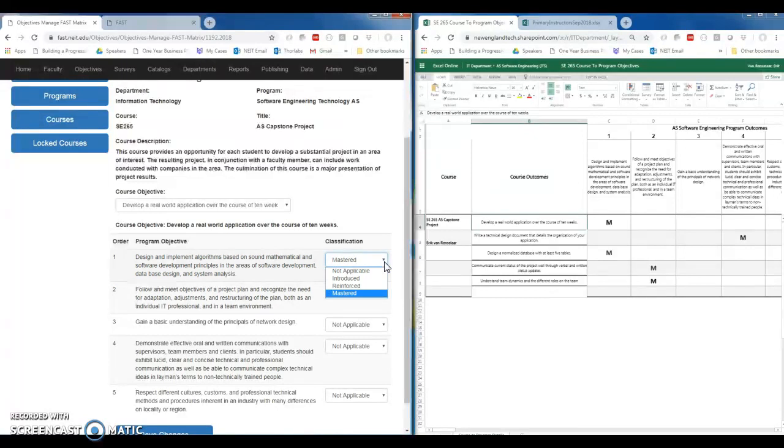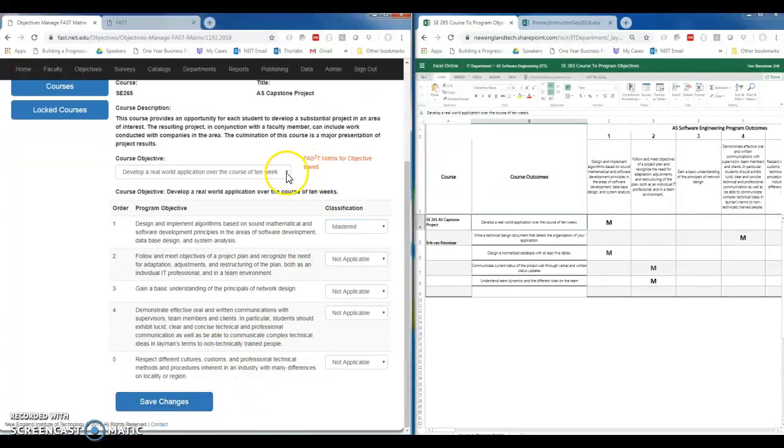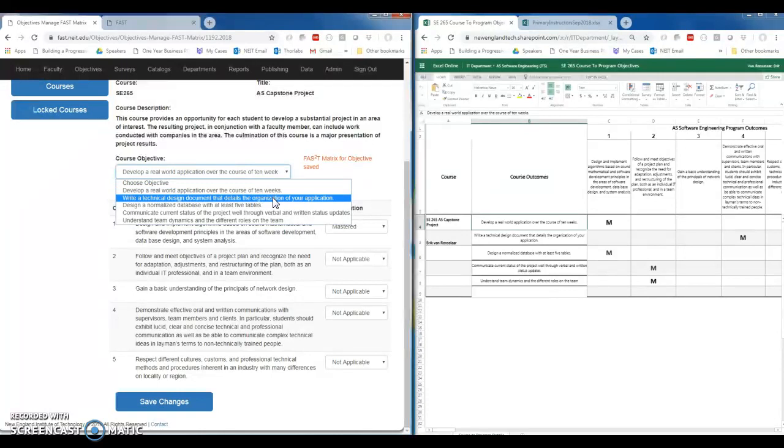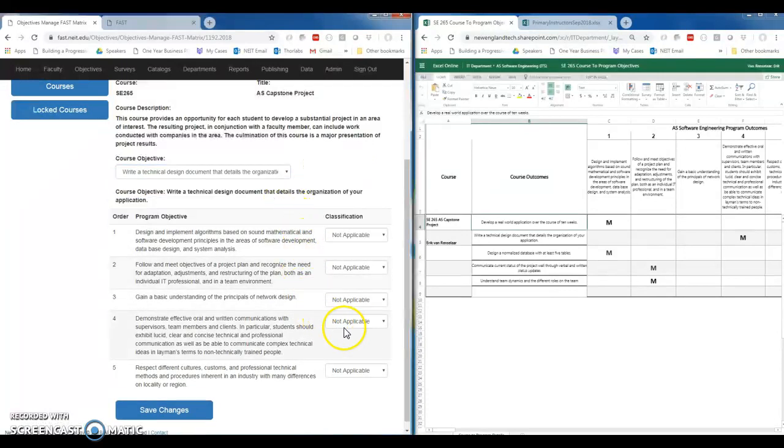Note that the only options you have are not applicable, introduced, reinforced, and mastered. You can no longer have a combination of I, R, and M. So I click mastered and I click save changes. I go to the next one, write a technical design document that corresponds with the fourth one here. I click mastered, hit save changes,